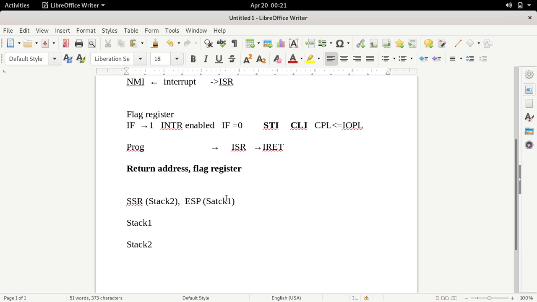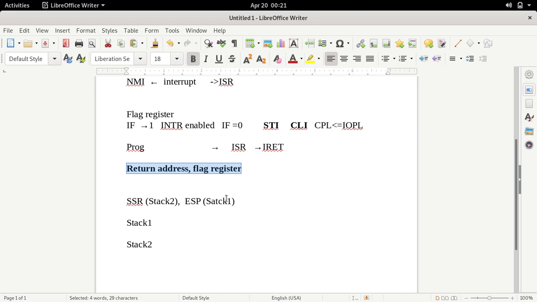Here we want to change the stack. In order to change the stack, first of all we will change the content of, suppose, the SSR register. Now the SSR register is pointing to stack 2, but at this point is ESP pointing to stack 2? No, it is pointing to stack 1. And at this point, if some interrupt or exception occurs, what will happen? When an interrupt occurs, is there any role of the stack? Yes, as I just told, whenever any interrupt occurs, then before transferring control to the ISR, 80386 will push at least these two things on the stack. First one is the return address and second one is the flag register.